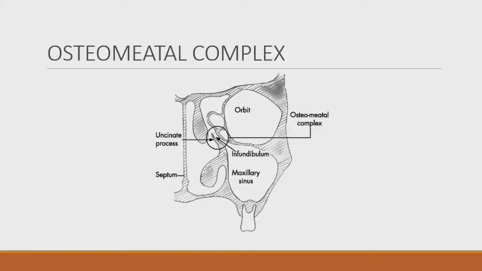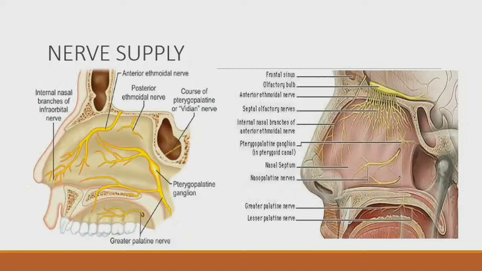It is also made up of the ostium and the uncinate process. The ostiomeatal complex is where the meatus of various sinuses drain, making it a very important structure. Blockage of this osteomeatal complex in any condition may lead to blockage of the drainage of the maxillary sinus, leading to sinusitis. Coming down towards the nerve supply